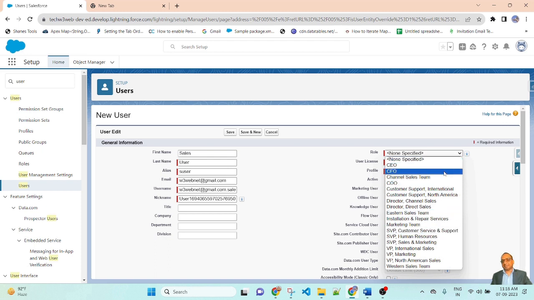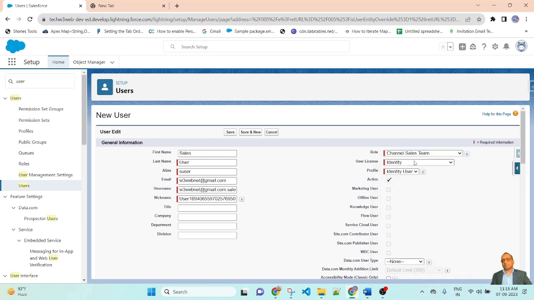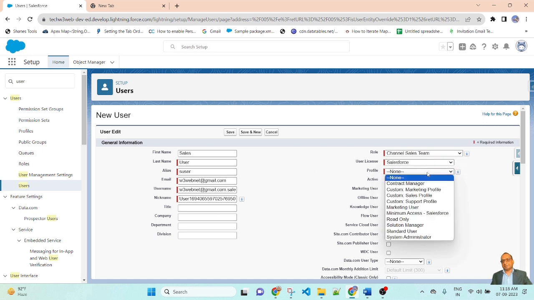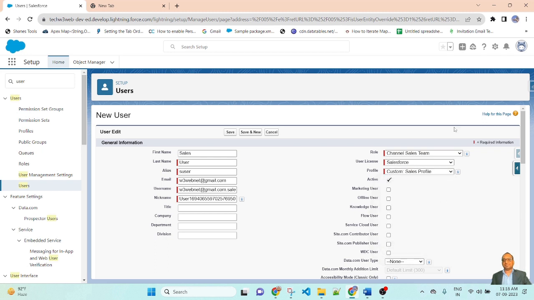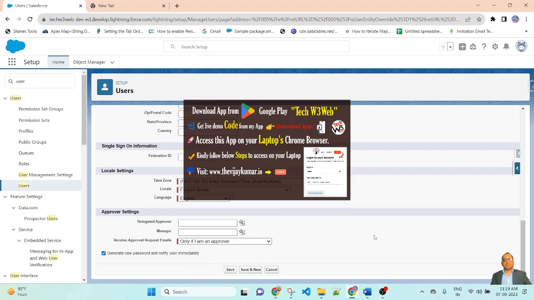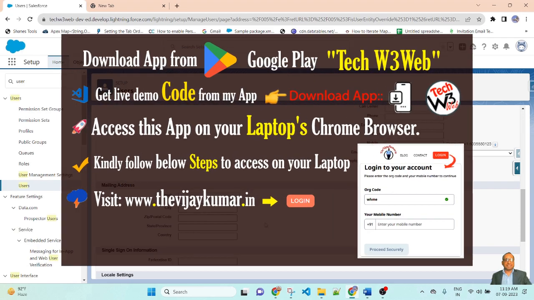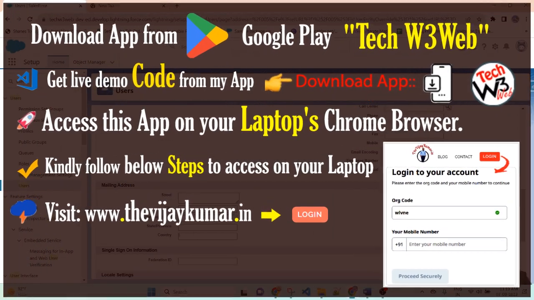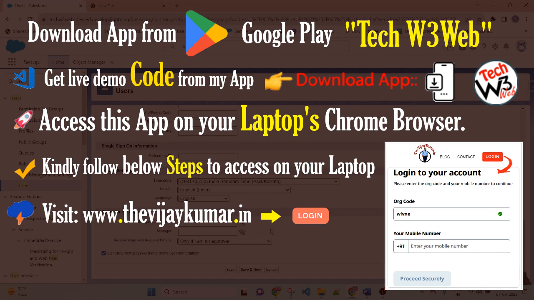Role, select role. So I am selecting here sales, channel sales team, user license Salesforce, profile. I am selecting custom sales profile. Then the active checkbox is already active. Then save. Here you can write the street, city, zip code, state, country, and manager name.